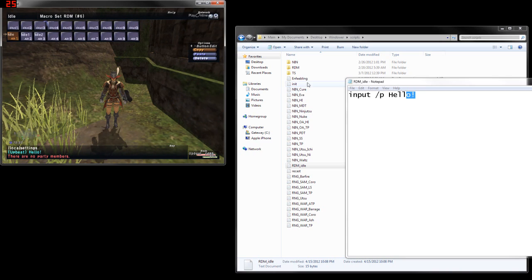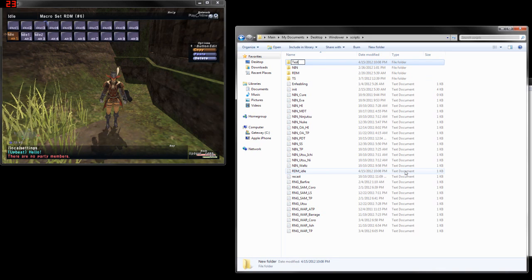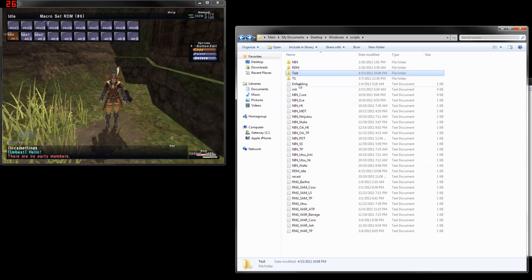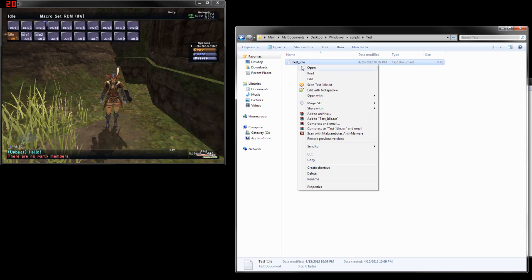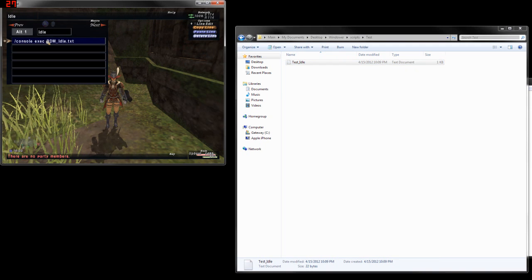Now, if you want to make subfolders like I have for Ninja or Red Mage or the test server, you would just make your folder. We will just call this test, and you would then make your macros there. What that does is make it easier to keep everything organized instead of being so cluttered and having to go through everything. So for this test, we'll make another little file, call it test_idle. Just imagine test being a job, and we will open that and write input /p test idle set. Save it. And now to make that work, we would go here and put /test/,